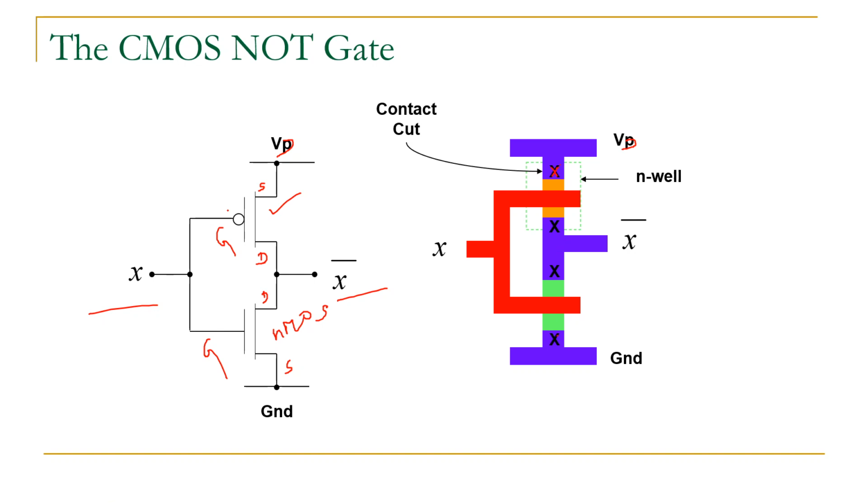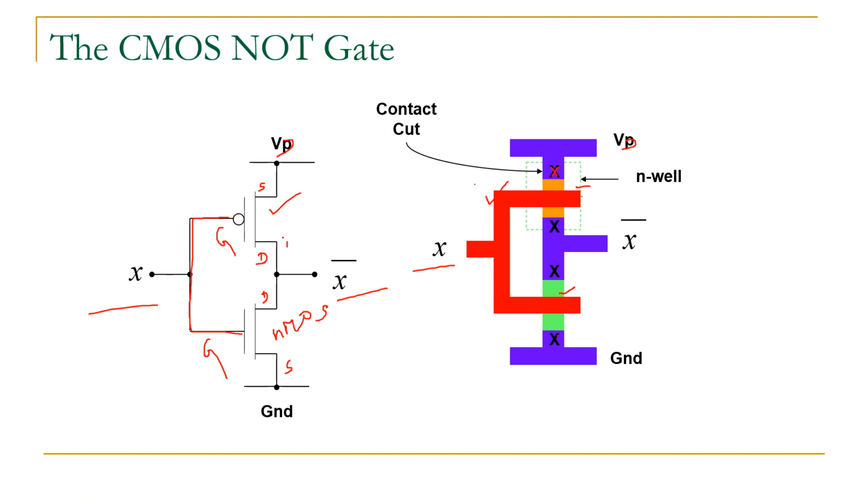See, for the connection of input, your gate and gate need to be connected, right? For this connection, we are using a polysilicon material that is marked here in red color. This is a polysilicon material in which the contact is established from the P MOSFET and then to the N MOSFET, in which these two are connected and the input is given.